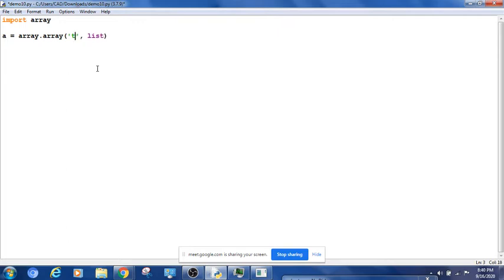Now the type is mentioned with some format specifier. I'll talk about this later. But for an integer, there is a format specifier called I. Similarly, you can use f for float, right? So there are different format specifiers for different types. You can use I for integer, L for long, F for float, and D for double, etc. So I am using I, integer I, right? So now I want to give a list. I don't want to create an empty array.